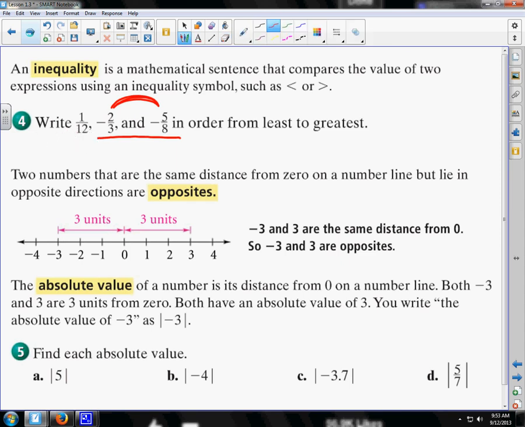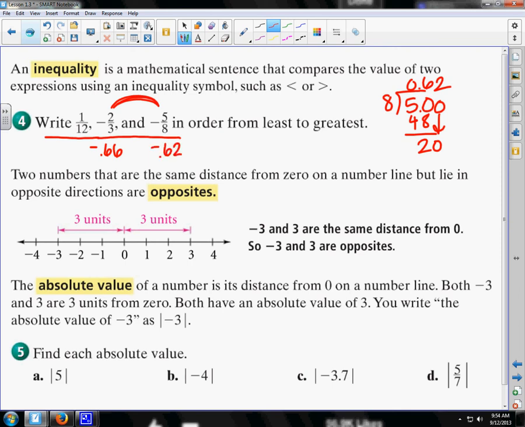Now, 5/8, if I do that, so this is -0.66. If I do 5/8 and do 8 into 5, that doesn't work. So then 8 goes into 50. Well, 8 times 6 is 48. So they're pretty similar right now. And then I bring down a 0. 8 goes into 20 twice. So this is